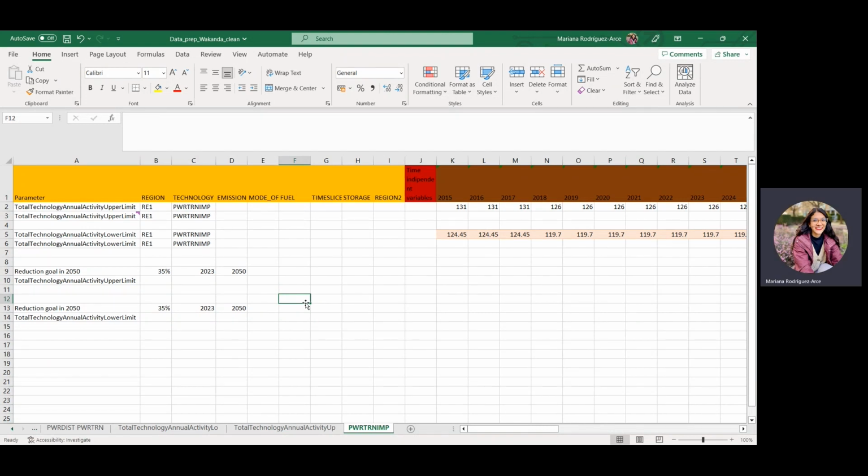Now we're going to focus on policy number 2, which corresponds to power autonomy. This policy can be modified using the Total Technology Annual Activity Lower Limit and the Total Technology Annual Activity Upper Limit. Please go to your Wakanda data file and copy and paste the value for these two parameters. Just be sure that you are using the correct technology, and this technology is PWRTRNIMP, and specifically it corresponds to the inputs of electricity